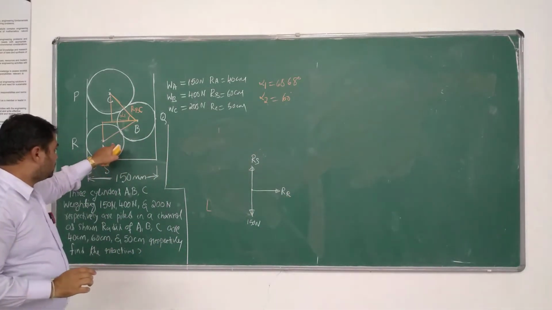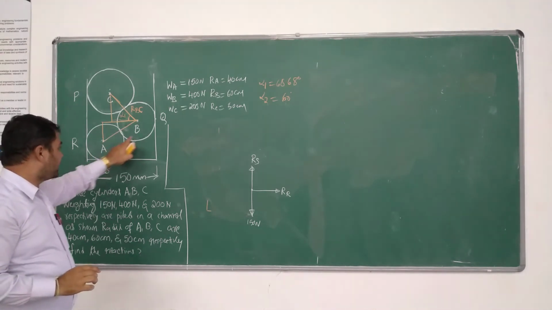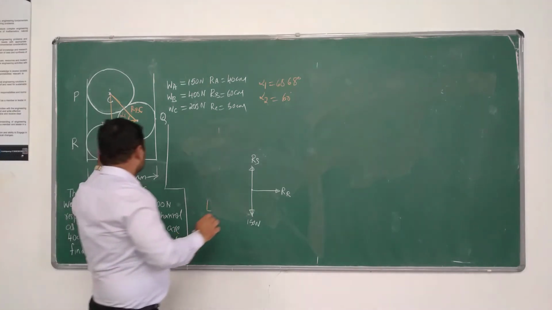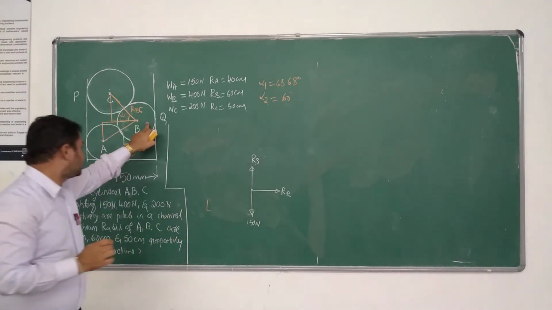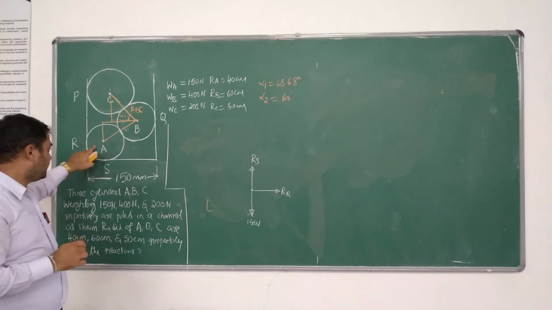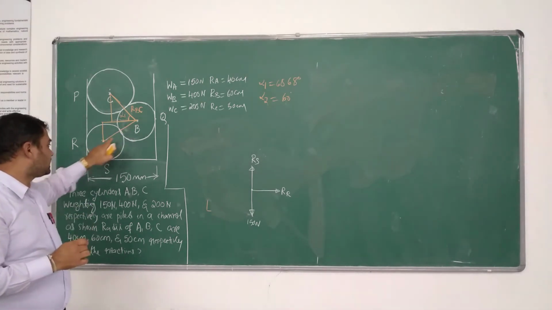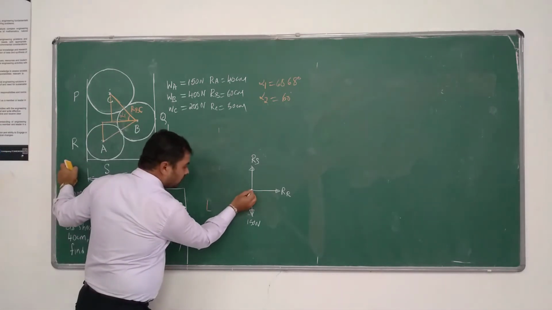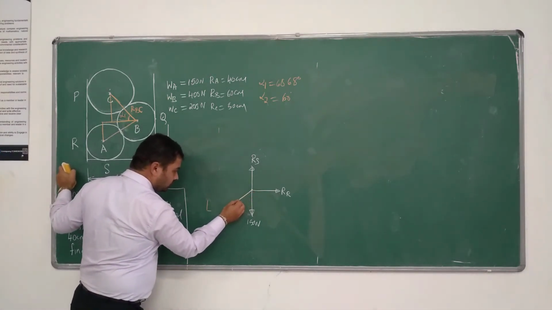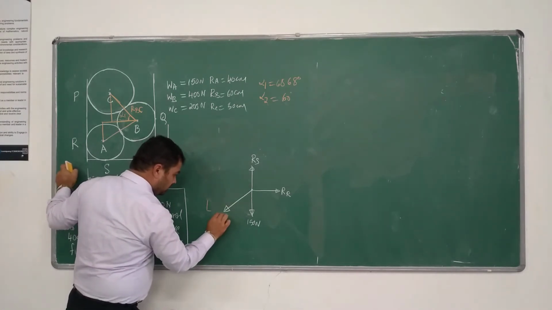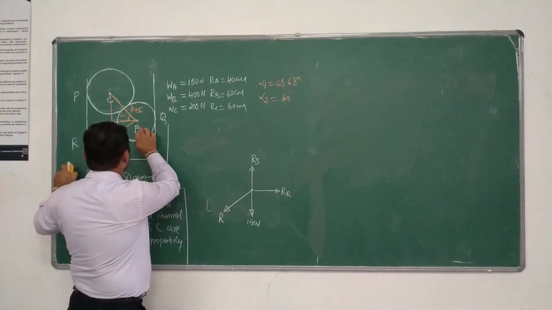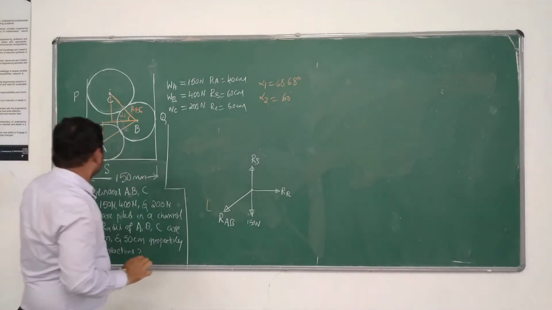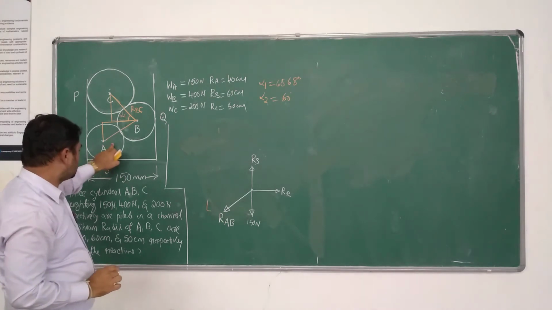Then we have the contact point between the cylinders A and B, which is here. I call it R A to B. Now sphere B is exerting force on cylinder A, which means this force should act in the downward direction. So this is R B to A, or A to B, both are the same. I'll call it A to B. So these are the four forces acting on cylinder A.